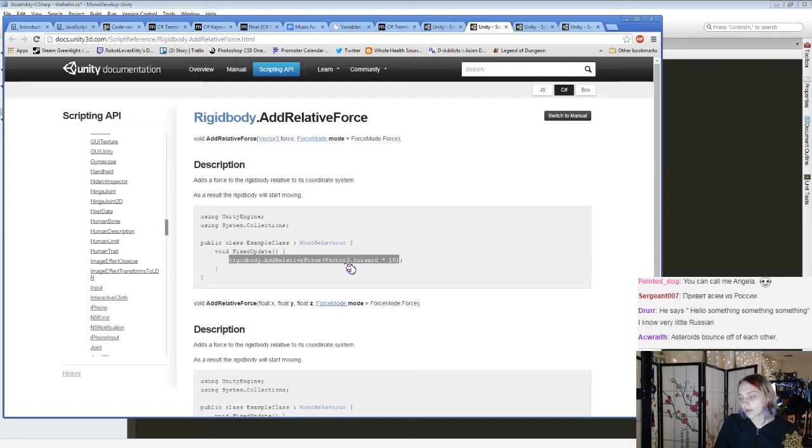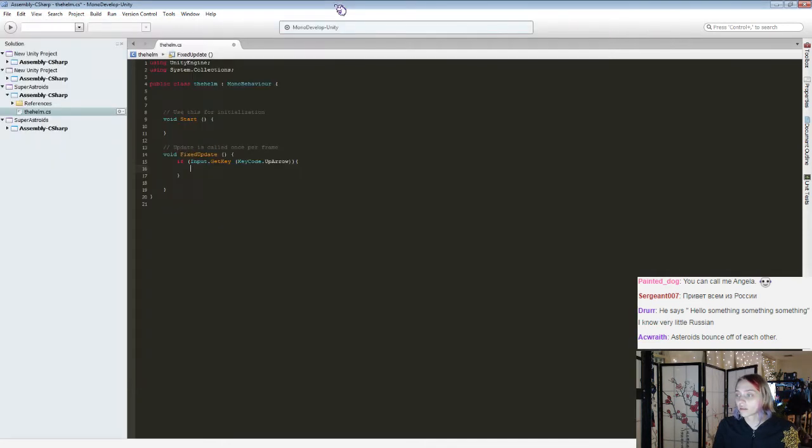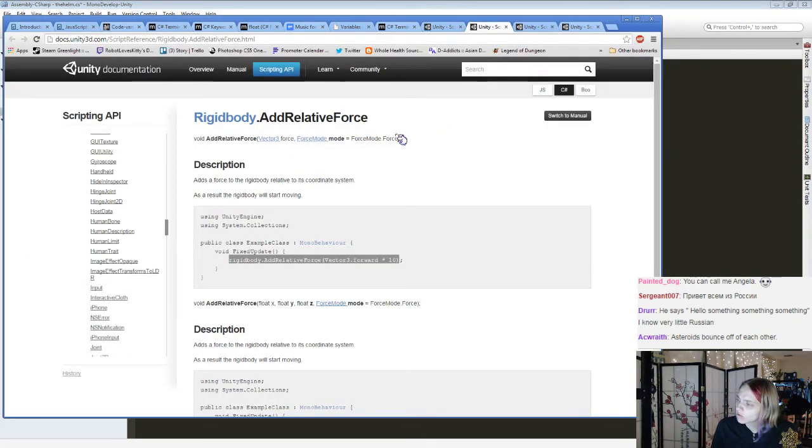This is actually what I'm going to be typing out. Pretty much, except for times 10. I don't know what that's for. That's the amount of times of force that you're going to add. I don't know how much the force starts with. Right, and you're going to have to experiment with that. Just to forewarn you, you're probably going to launch your little guy off the screen like crazy. I'm going to start with 0.5 because 10 sounded really high. And then a comma and then the other stuff. If you want, you could do force mode dot